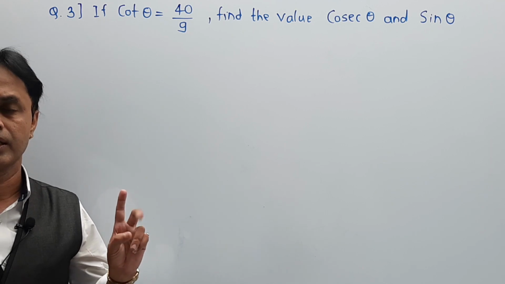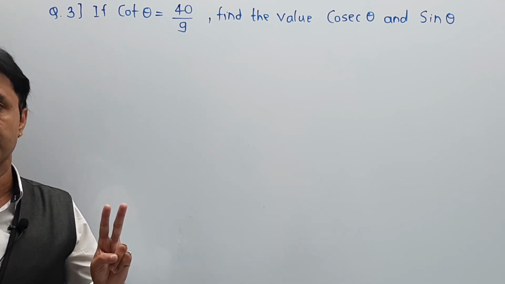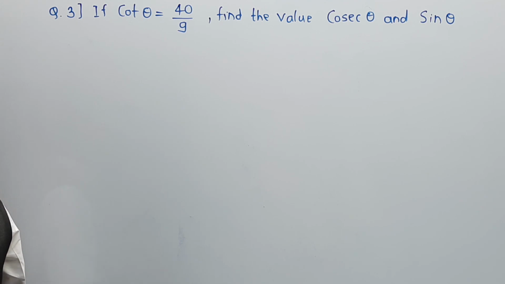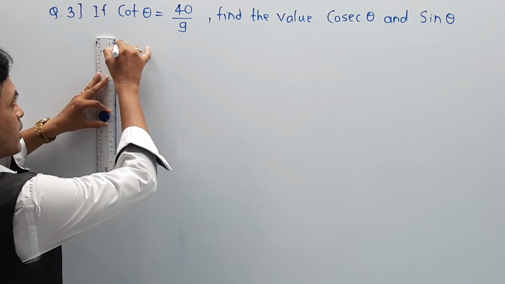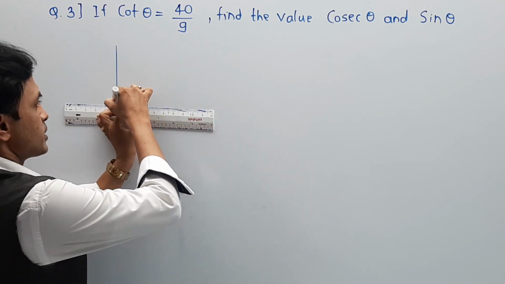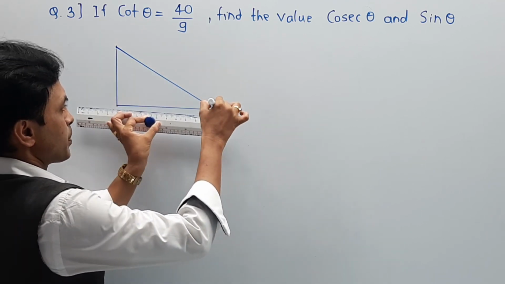Again there are two methods. One is called the triangle method and the second method is called the trigonometric identities method, and we are going to solve the first numerical by the triangle method. In this case you have to draw a random triangle which must be a right angle triangle. So the first part is, here I am going to draw a right angle triangle just for your proper understanding, and somehow proportionate.